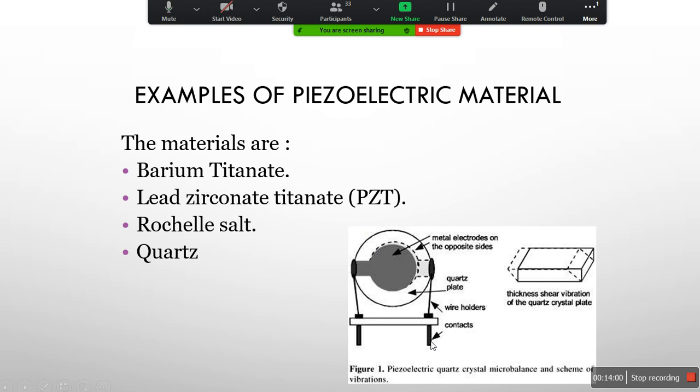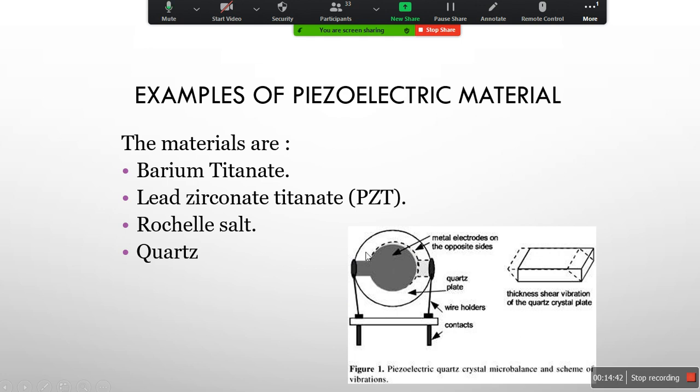So what happens here when the pressure is applied? Immediately, with the help of these wire holders, the crystal will start rotating. Whenever the strain is applied, this crystal continuously rotates, and when it is continuously rotating, the metal electrodes placed around the quartz crystal plate will have positive and negative terminals, because as it is an electrode, it consists of a positive terminal and a negative terminal. So due to the continuous vibration of this quartz crystal, an electric field is generated. In order to measure that electric field, these two wires have been implemented.